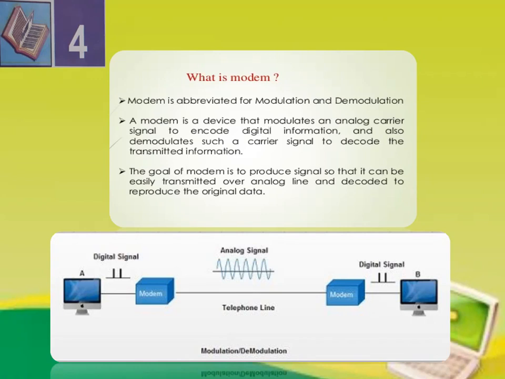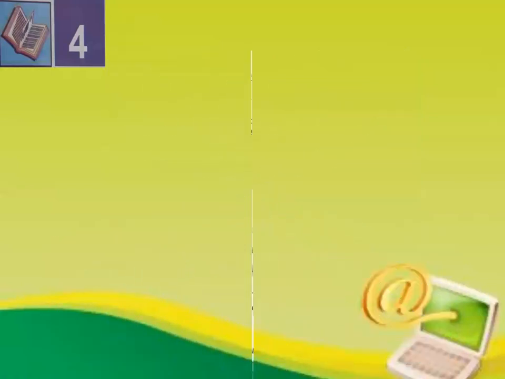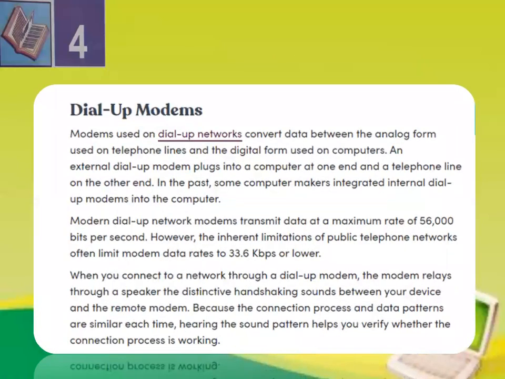If you want to connect to the internet, you must have a modem, and with the help of a modem your computer can be a part of the internet. Modems are generally used for dial-up connection to the internet. Modem cards are fixed in expansion slots, and modem hardware is integrated on the motherboard. So we have different types of modem. The first type and the most commonly used type is the dial-up modem.